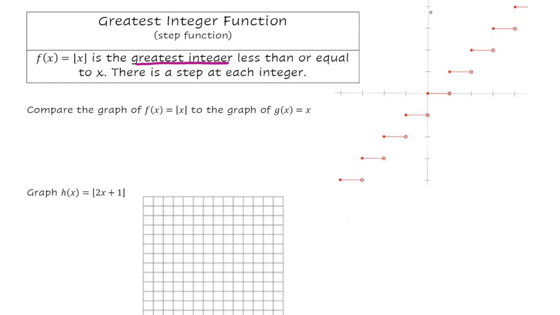And we're going to go on to the next one where it asks you to graph h of x, which is another step function of 2x plus 1. It's not just a plain x, it's a 2x plus 1. So I'm going to graph the line of 2x plus 1. Okay, so the y-intercept is at 1, and then I've got a slope of 2, so like up 2 over 1, up 2 over 1. So here's our line,